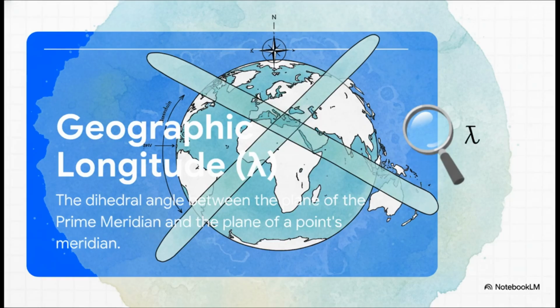So let's construct two planes again, and both of them contain the Earth's axis of rotation. The first plane is our reference. It contains the prime meridian. The second plane contains the meridian of whatever point we're interested in. The angle between these two planes is the longitude, and by astronomical convention, it's measured eastward from 0 to 360